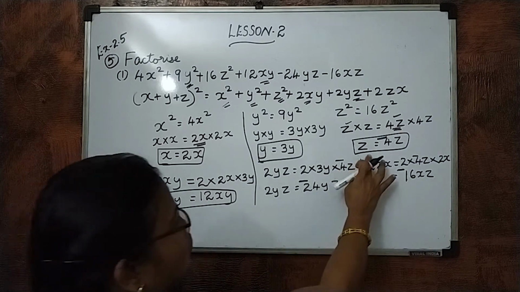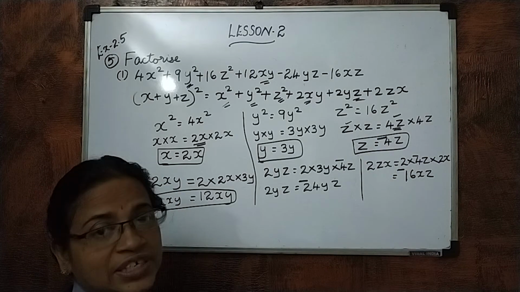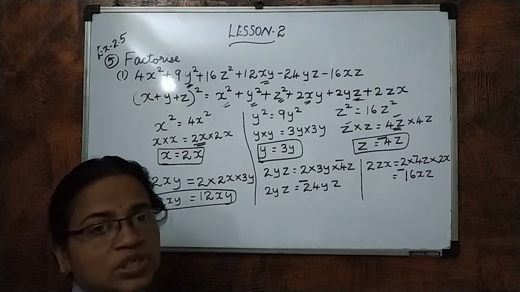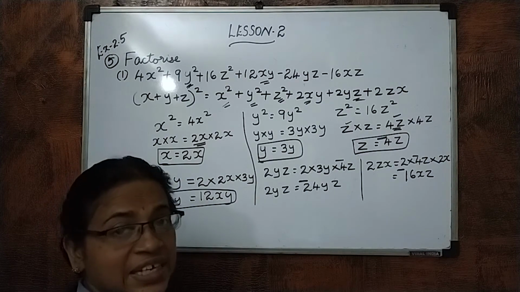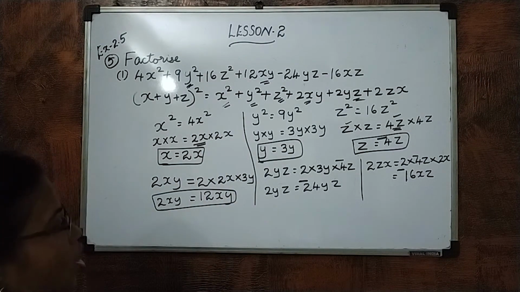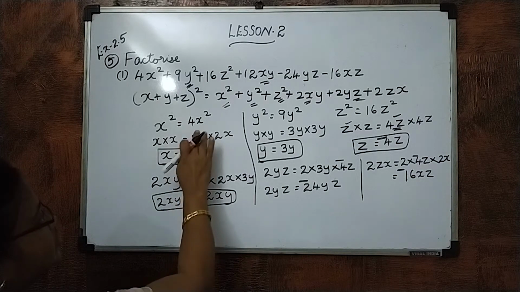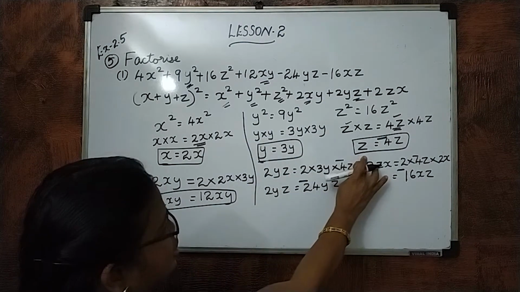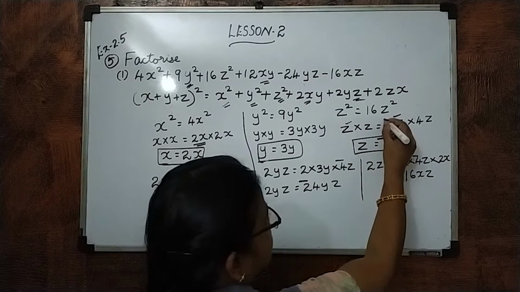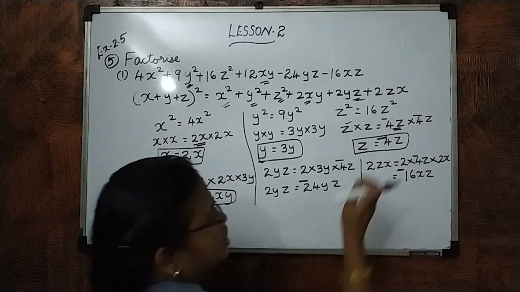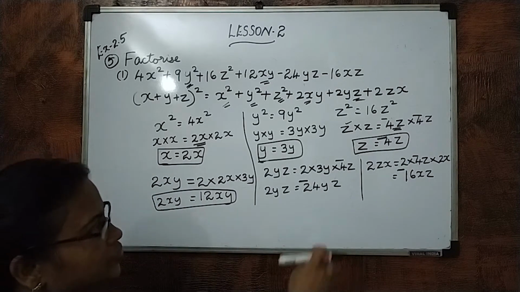Now z square, how will you find z square? Negative 4z into negative 4z. Negative into negative, positive, 4z into 4z, 16z square. It is here, 16z square. That means all the things are correct now. X square means it is 4x square, y square means it is 9y square, z square means it is negative 4z into negative 4z. You will get the answer positive 16z square. And then